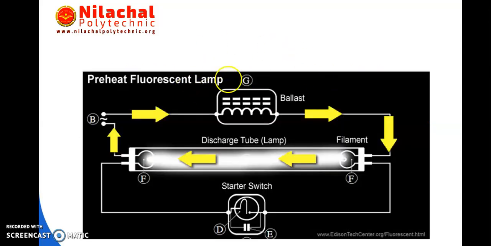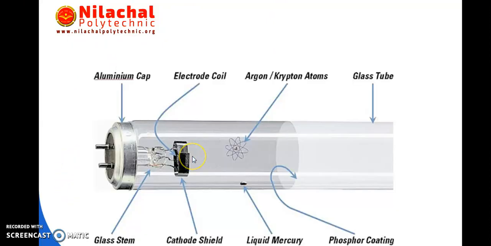We consider here F1. You consider this one as F2, and this one is F1, and this one is F2, and it is a choke. Choke is nothing but the ballast. Although the name is choke, here supply is given, and in this way it will work. So, come to the topics: we have this type of aluminum cap, and glass stem is there, and cathode